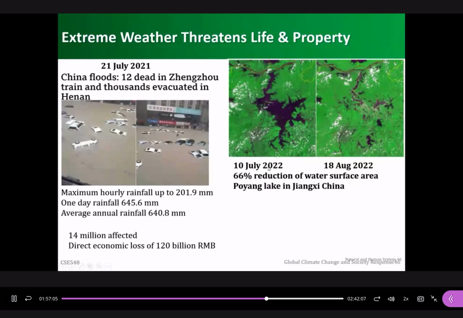From the figure, I can see that in July 2022 the black color indicates the water here. But less than 2 months later, because of the drought in the summer, you can see from the satellite that most of the part is occupied by the green part. I think this is grass. I remember every year we can see news about the drought in Poyang Lake. It seems this is a common problem for that area, but climate change will make this situation more severe in the future.